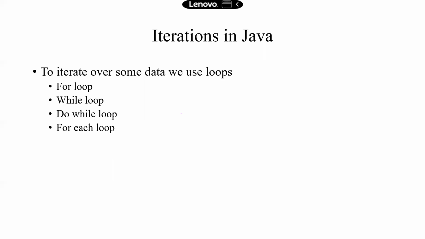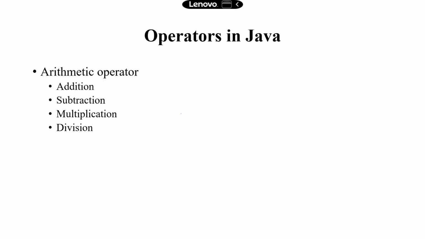So this is how, if we want to iterate over something, we make use of loops. There are for loops, while loops, do while, for each. We will be covering them in detail in the upcoming sessions. But for now, just get an idea of how we perform iterations in Java. We use loops. Then operators in Java, we can do addition, just using the plus operator,